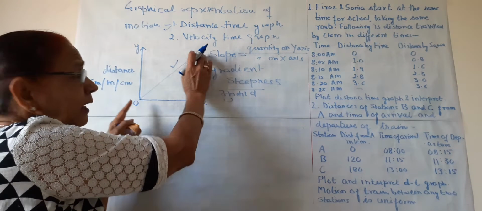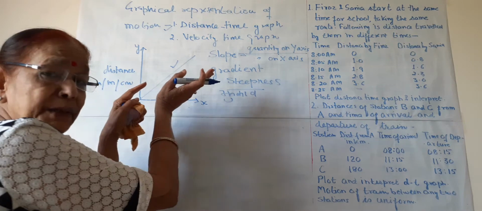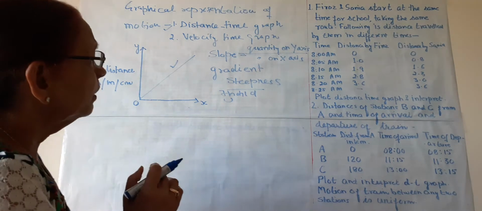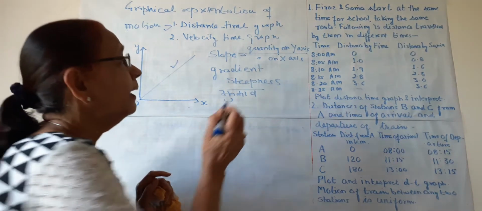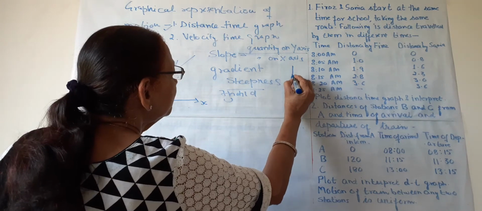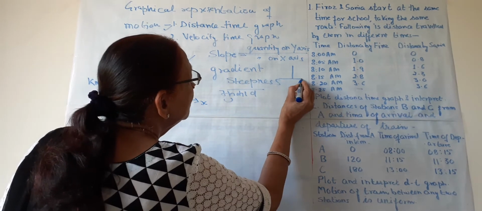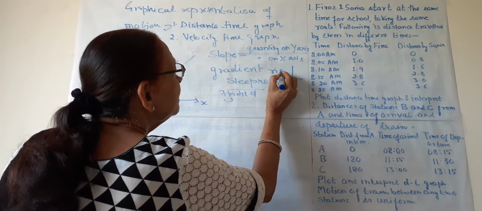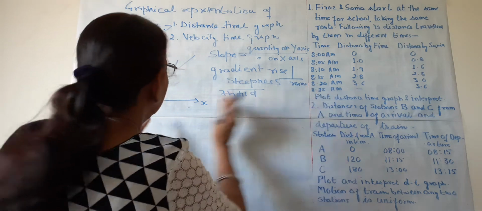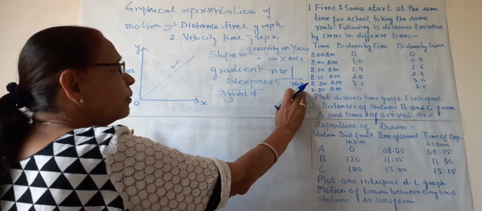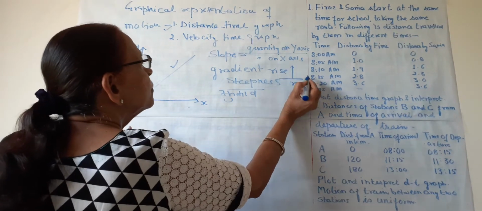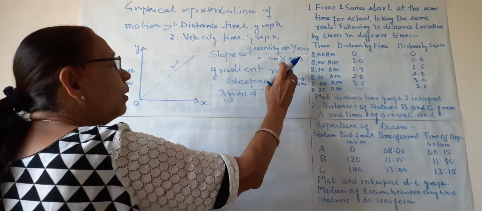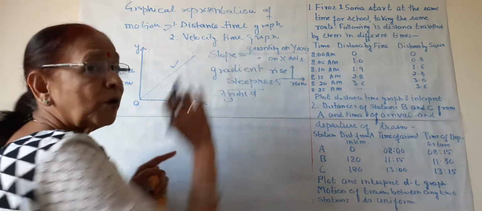This is the graph line and its slope or its steepness is equal to quantity on y-axis upon quantity on x-axis, y upon x. Y is vertical, x is horizontal, so it can also be represented like this. This we call as rise, this we call as run. That is, the horizontal axis is known as run, the vertical axis is known as rise. So rise upon run or y upon x, this is the formula for slope.